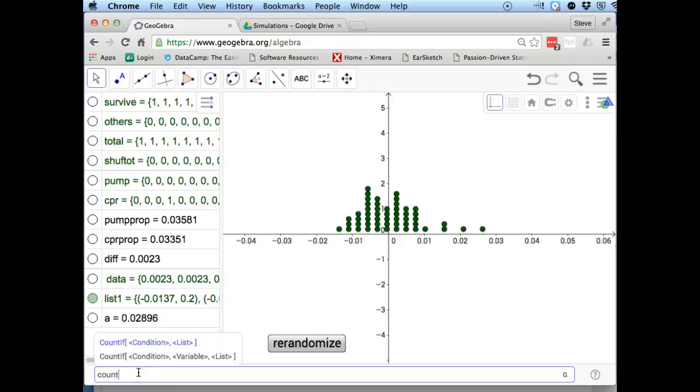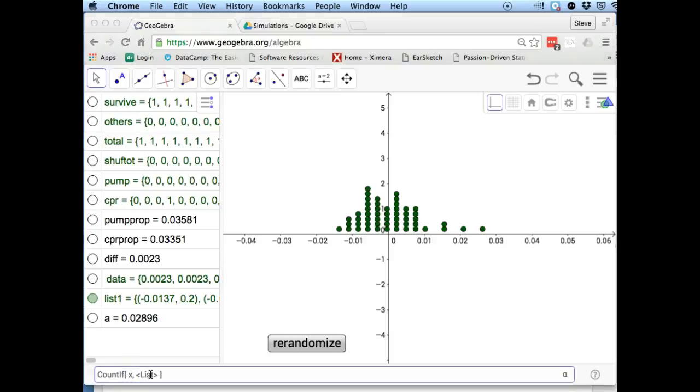So I'm going to use count: if x is greater than or equal to a, and the list I want to use is my data list, and that's going to keep count of how many are actually greater than this number. So as I re-randomize,